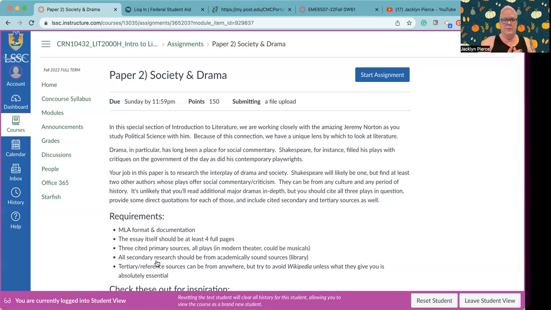With drama, we have some tricky issues in the sense that plays are really meant to be seen and not just read, right? With something like Shakespeare's Midsummer Night's Dream, we talked about this over the last couple of weeks. The library has some links to performances of the plays, usually, if that's available.